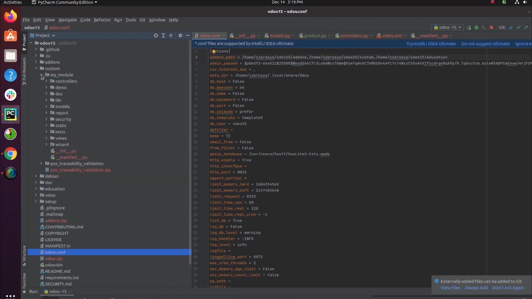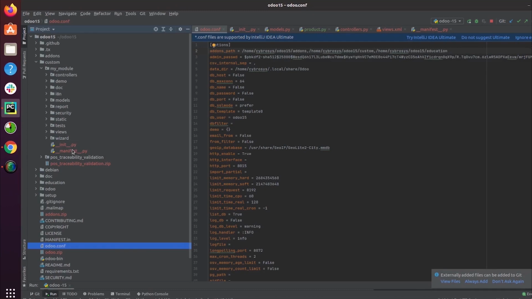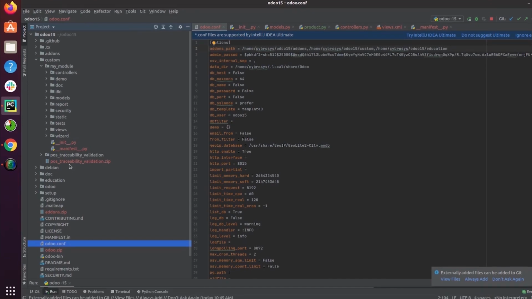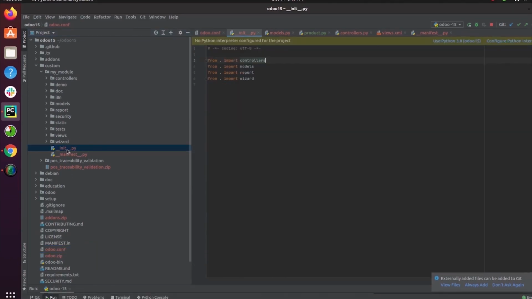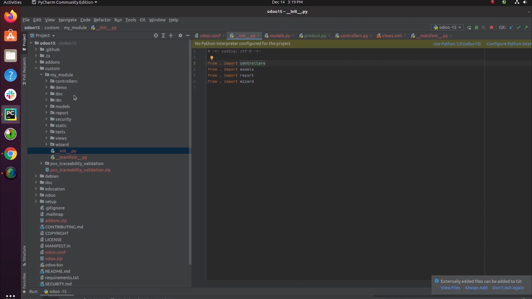And then while opening the module, here we can see each of the components belonging to this module, and then an init and a manifest file. These are the required Python files for this module. The init file is a Python file which loads or imports the packages that are needed for this module.